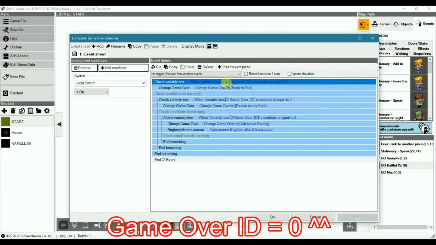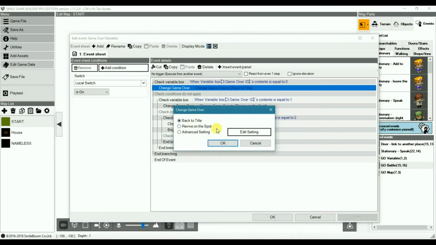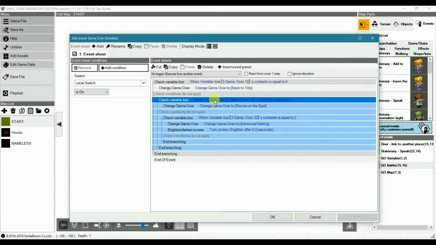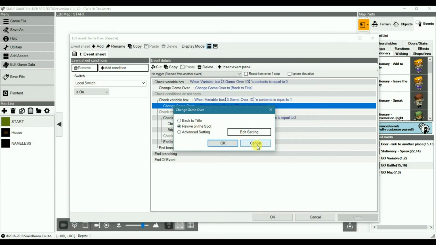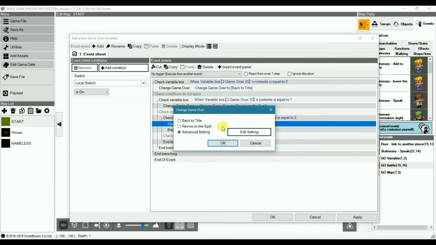If the game over ID variable equals 1, then you can set it to go back to the title screen. If not, and variable 3 equals 1, then you can change it to revive on the spot. If it's not, and it equals 2, then here is where it gets